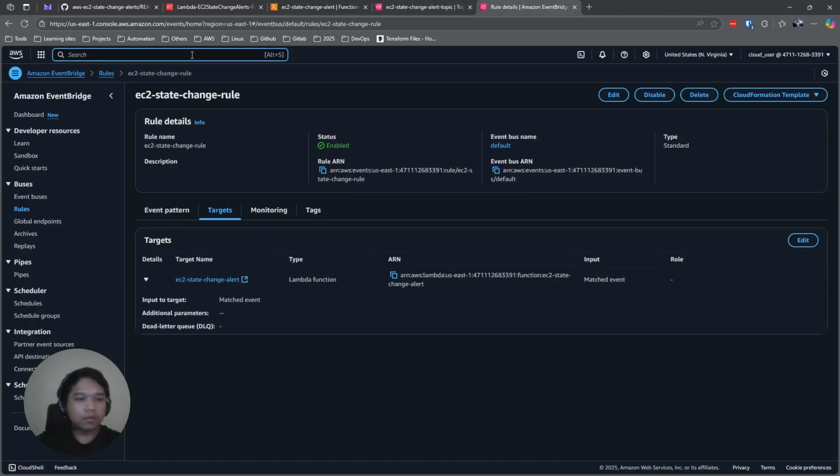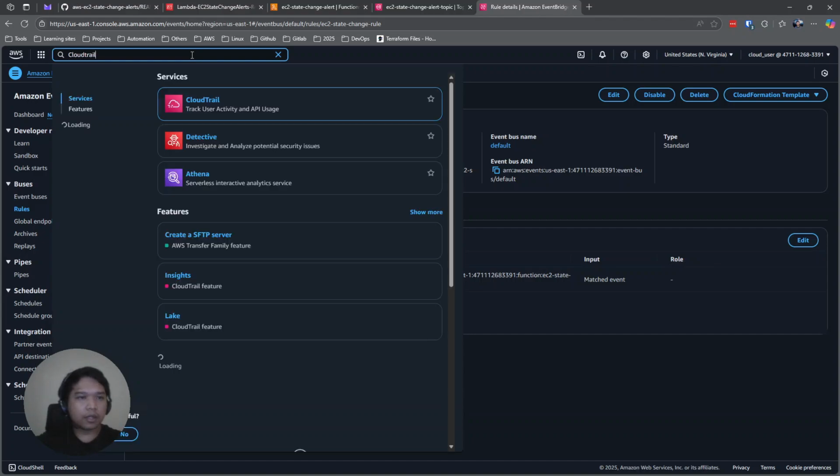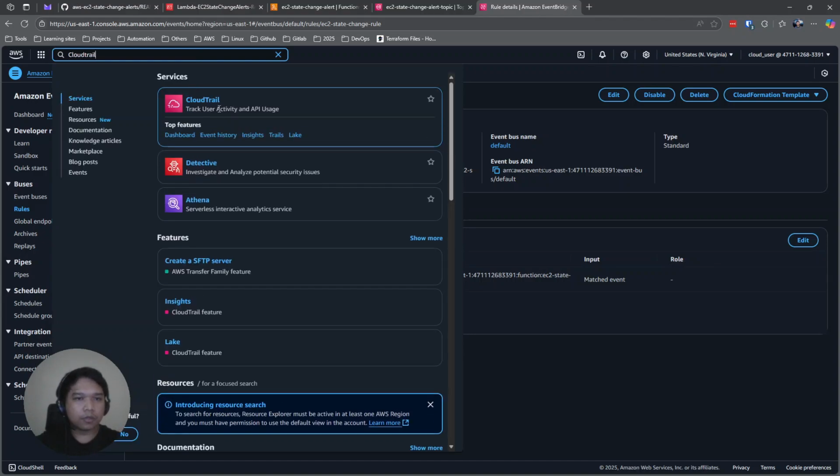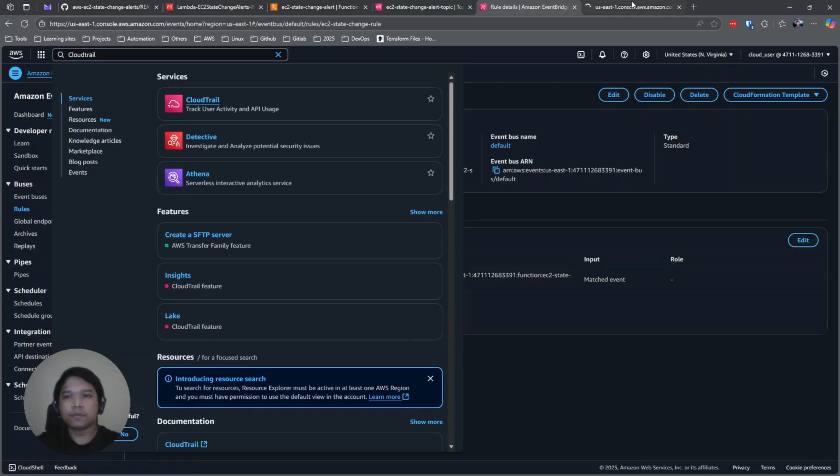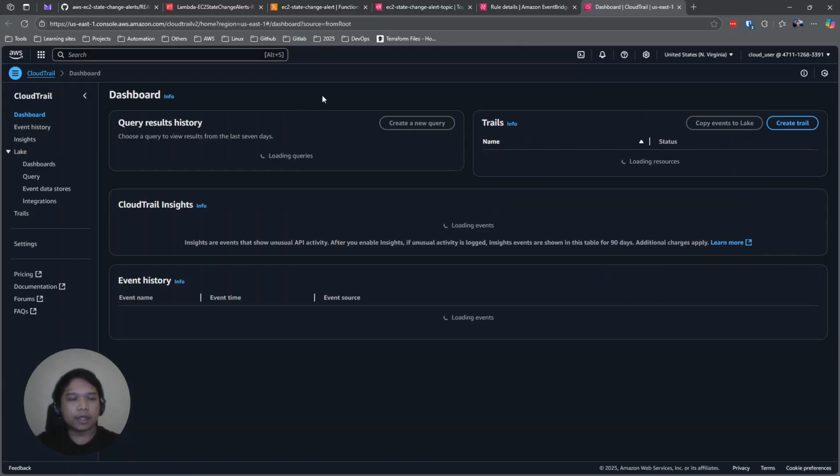So we're going to search for CloudTrail. As we can see here, it tracks user activity and API usage. Any activity within the AWS account is recorded here.